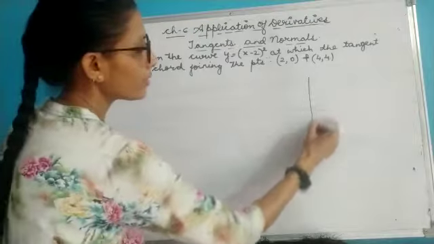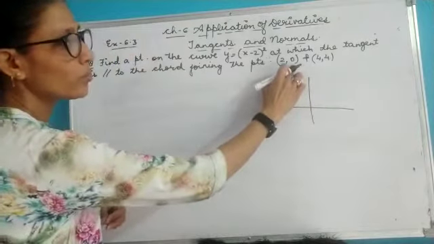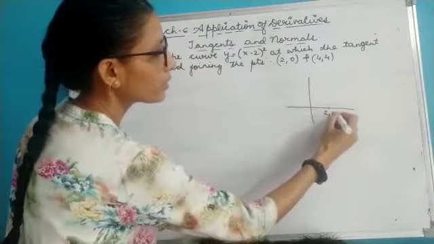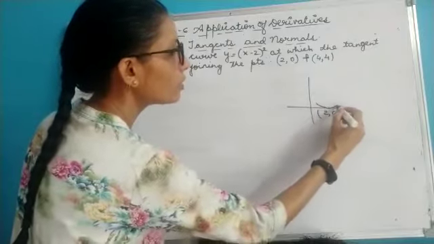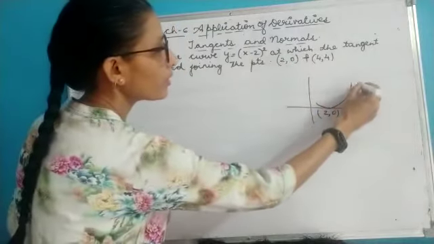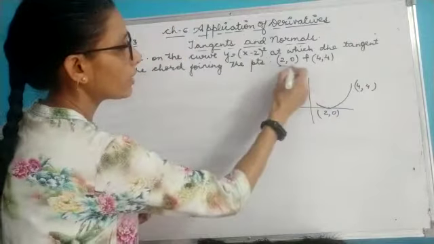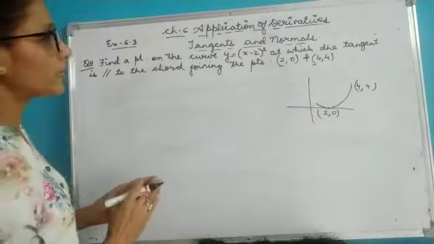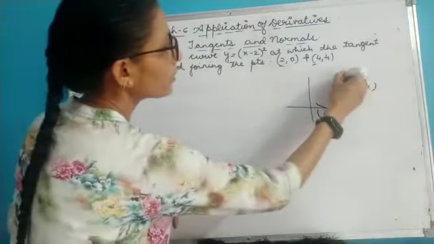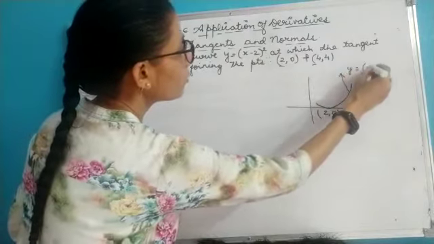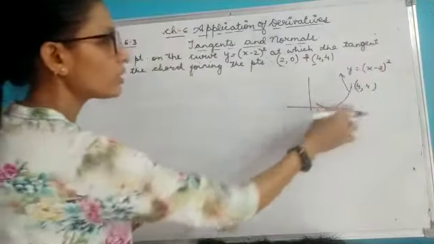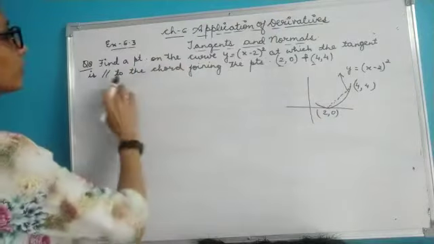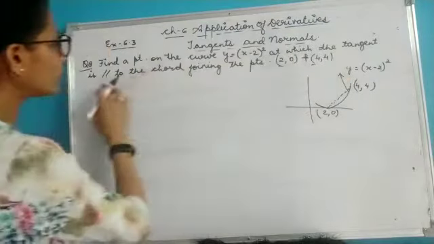Say this is your curve. Since the point 2 comma 0 is given, one of the points on the curve will lie here. Say your curve passes through this point, and somewhere here it is 4 comma 4. So I have just marked these two coordinates in the Cartesian plane. The equation of the curve is y equal to x minus 2 whole square. The line joining these 2 points will be your chord, and the tangent is parallel to the chord.